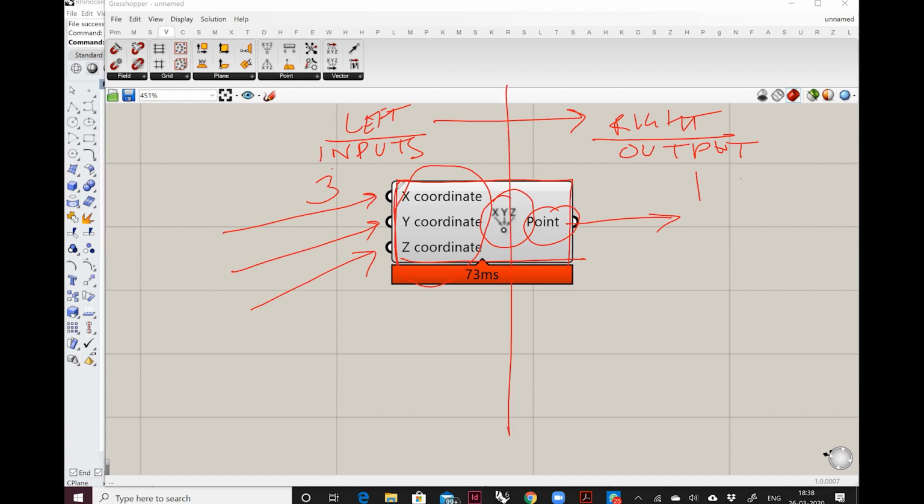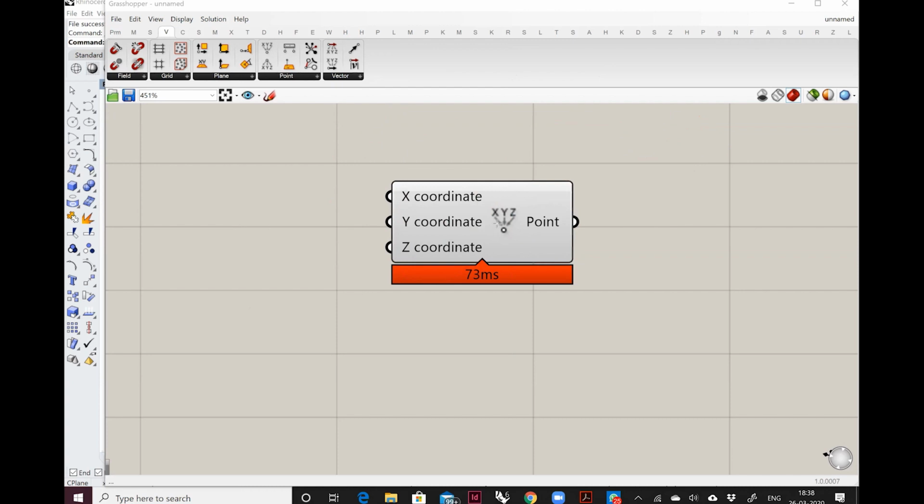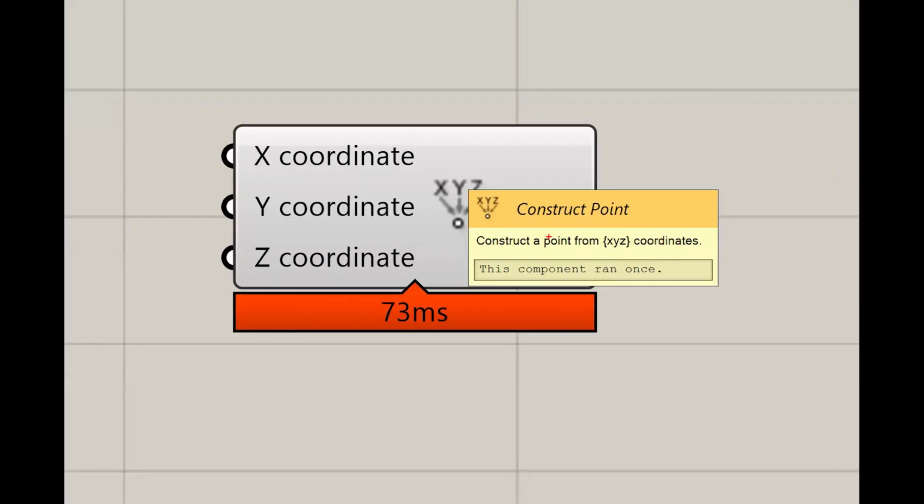Inputs, outputs, and these are the nodes. And then this is the information of the input. If I want to understand the information, I can always take my mouse over this, and it reads an instruction.